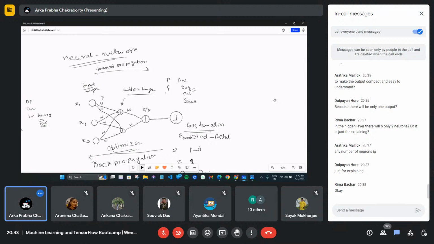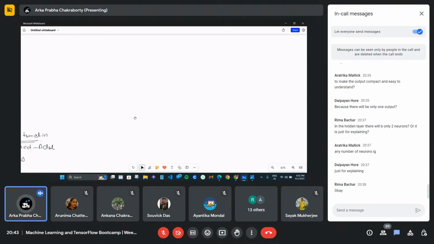But you have heard about CNN, not NN, neural network. Neural network means NN. But you have heard about CNN, right? So what is the difference between CNN and NN? We are not going to discuss differences between NN and CNN right now. But what is a convolutional neural network? What are convolutional layers?